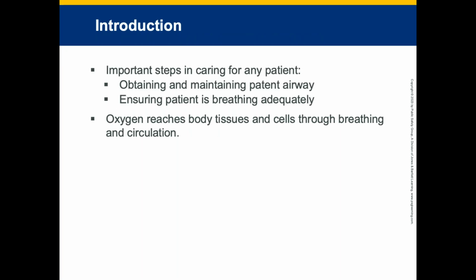So the most important steps in caring for any patient are obtaining and maintaining a patent airway and assuring that the patient is breathing adequately. Right? Kind of a no-brainer. We got to make sure that they are breathing adequately. If they're not, then oxygen will not be able to reach the body's tissues and cells, therefore will not allow for good circulation, right? So we need to make sure that the oxygen is reaching those body tissues and cells